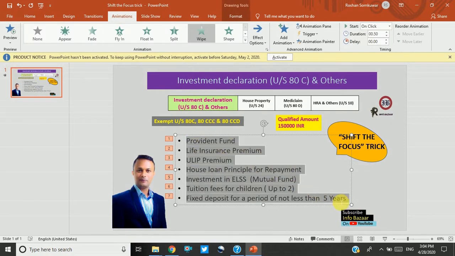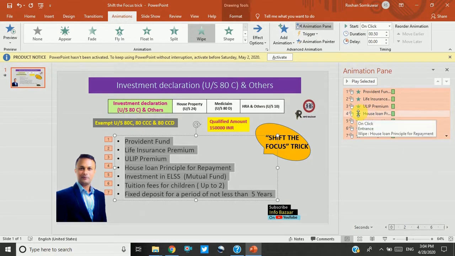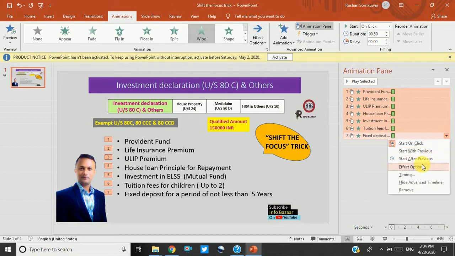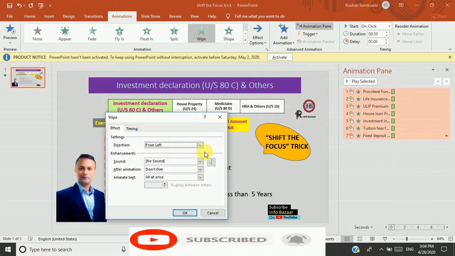For the add animation, what we have to do is click on the animation pane, then from the drop down select the effect option. In the effect option, what you have to do,